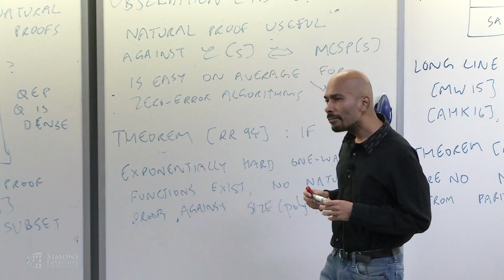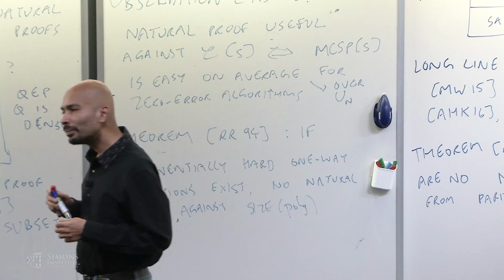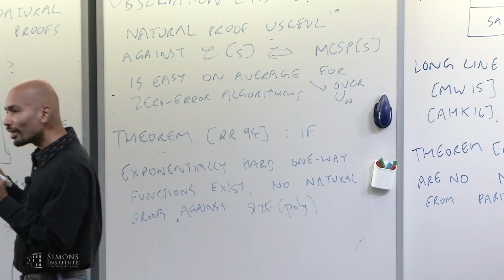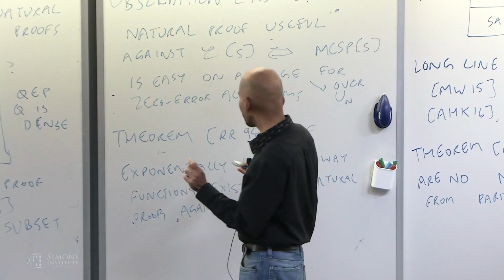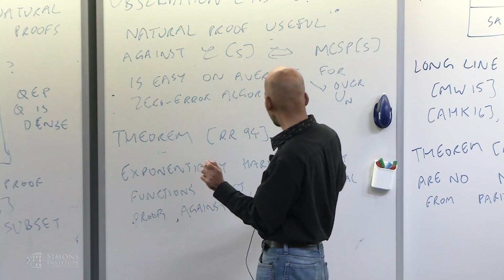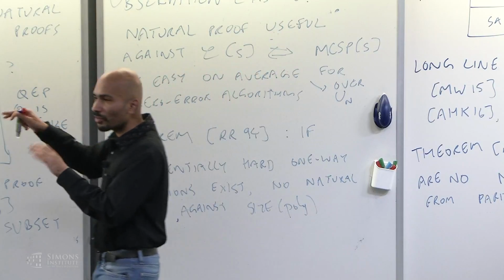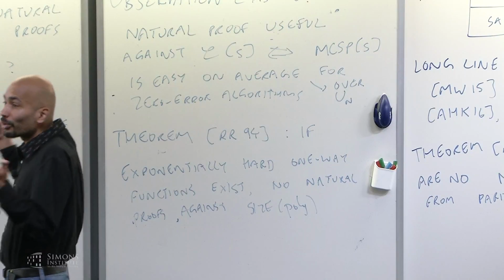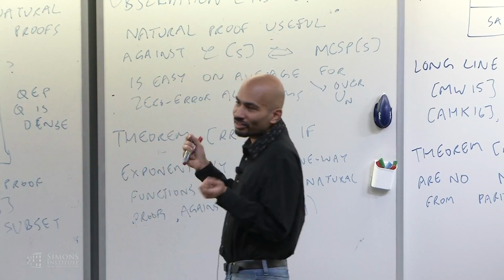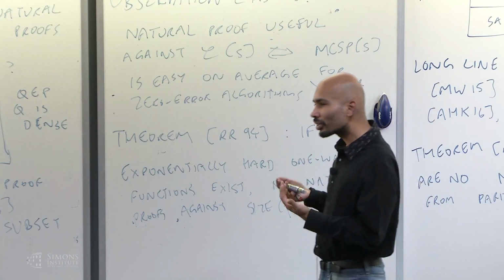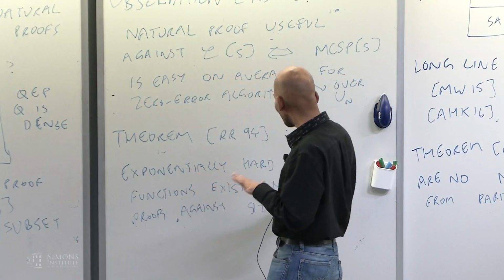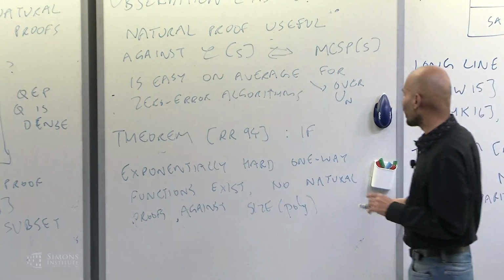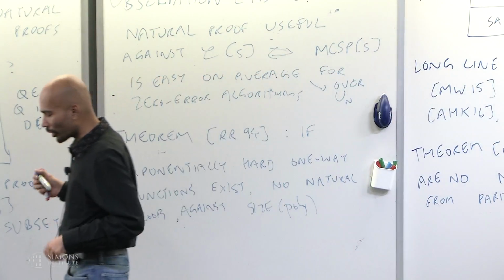But it is very important to distinguish polynomial time from quasi-polynomial time. Right. So it's sort of delicate as opposed to the... Yes, that's a good point, but there's a trade-off. So if you only assume super polynomially hard one-way functions, then you get that there are no natural proofs against MCSP with a parameter that's polynomial, n to the epsilon, right? So under that assumption, you'll get that MCSP with n to the epsilon parameter is hard on average. So there's a simple trade-off in terms of how you construct random functions. And I'm just stating the version of it which rules out even this much simpler version of C-MCSP, but it's true. Yeah, there's a parametric trade-off.